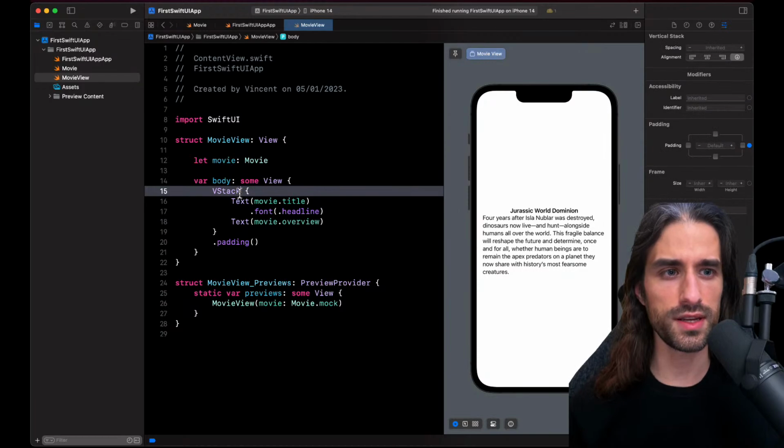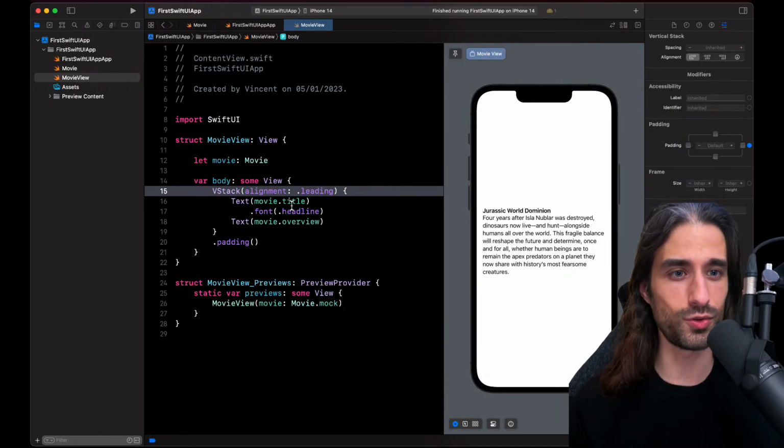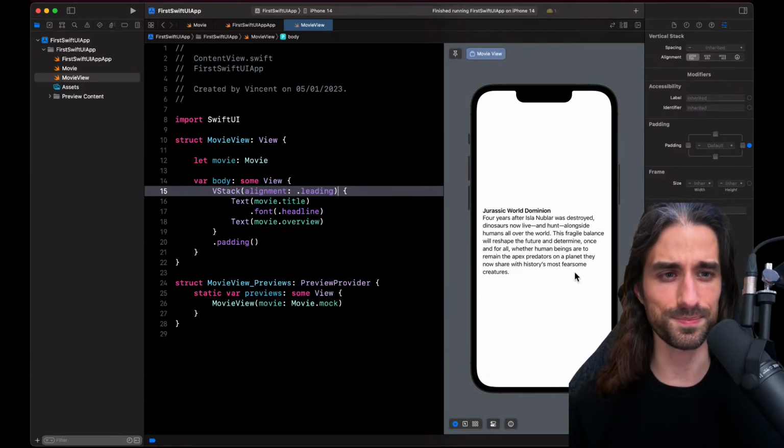And for this, I'm gonna go on the VStack, and I have two ways to implement this. Either I use this alignment that you can see right here to say I want to have a leading alignment, and if I do it, once again, just like I said before, there is no hidden file, it just adds some code to your Swift file, and so it added an argument to the init of the VStack saying that the alignment is a leading alignment, and you can see the difference already appearing on the screen.